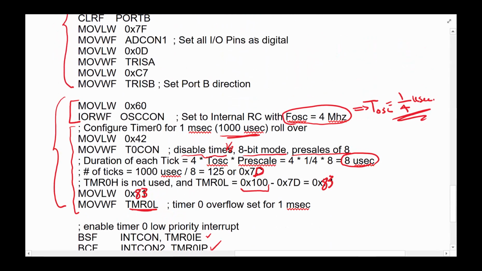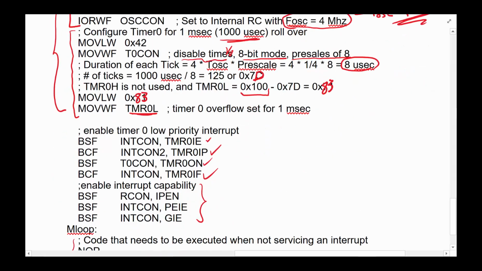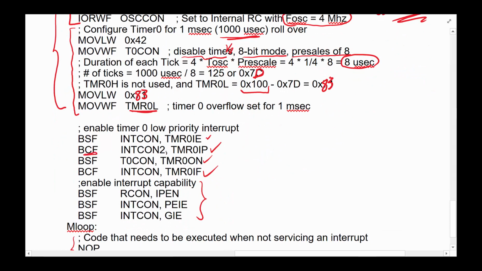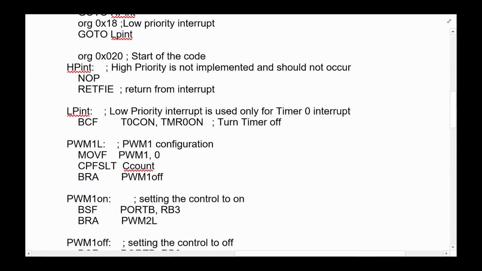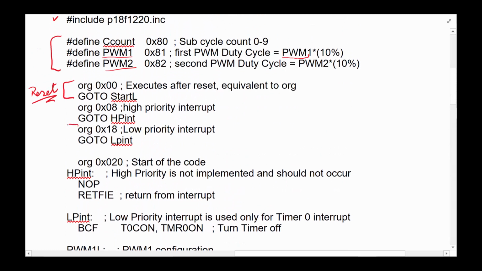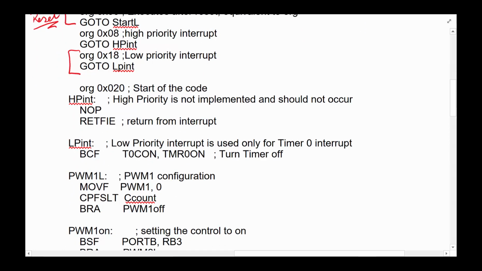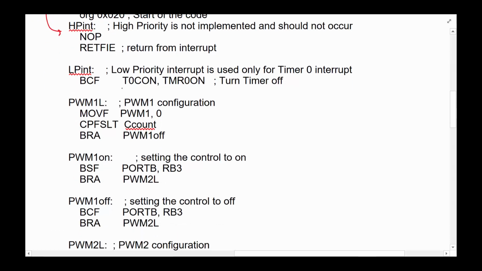And since we cleared the interrupt priority, that means it's going to be a low priority, which means this is going to jump to the low priority location, which is this. As you notice, I have not talked about high priority. As a matter of fact, we are not really using high priority. I went ahead and put high priority here. If you notice, location 8 jumps to high priority, but high priority does nothing. It should never happen. Low priority, first thing we do, we turn the timer off,